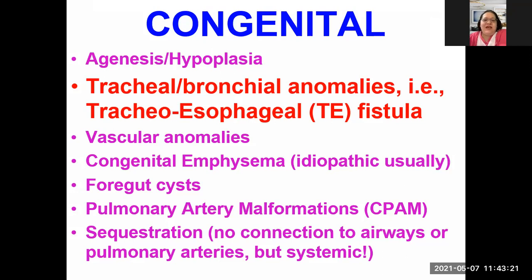And then you may also encounter vascular anomalies, congenital emphysema, and that's usually idiopathic in nature, foregut cysts, pulmonary artery malformations, sequestration, or no connection to the airways and pulmonary arteries. So we're going to be focusing on your TE fistulas, because this is one of the most common congenital malformations